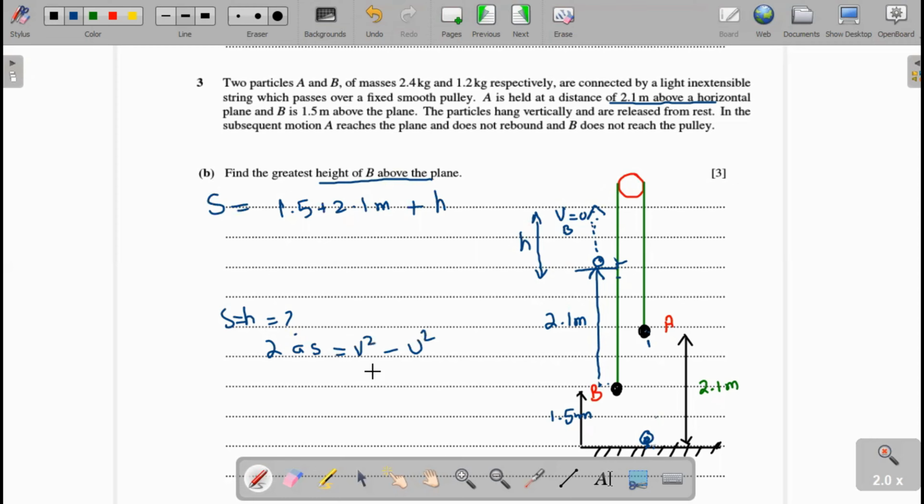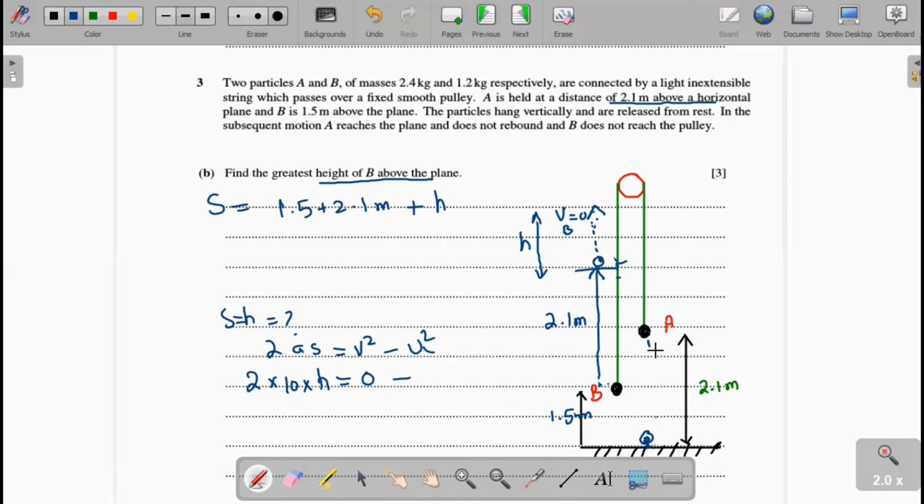And here the final velocity squared v² is 0 and u is not given here, but the acceleration is 10, and we can calculate the distance traveled upward. If we find the initial speed u, we can find the distance in the upward direction. To find the initial speed,